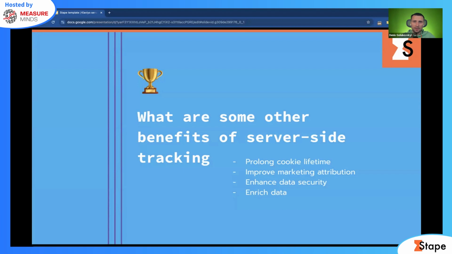So if you still do not use server-side GTM and need more arguments for your boss, why you need one more paid tool, why you need to pay for hosting for SGTM and spend time configuring it, there are a few additional points that you can use to go for this project. You will be able to prolong cookie lifetime that will allow you to have cleaner data inside your analytics. Also, SGTM allows you to